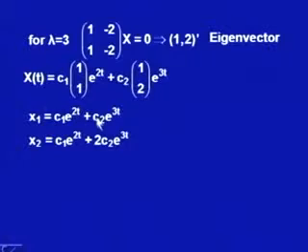So, once we got this solution, then in the component form we can write down x1 as C1 e^(2t) plus C2 e^(3t), that is the first component, and the second component of this vector, x2, is written as C1 e^(2t) plus 2 times C2 e^(3t). So, we can get this as a solution of the given differential equation.